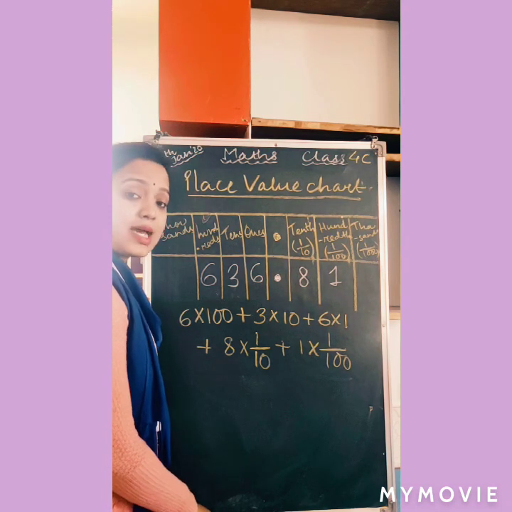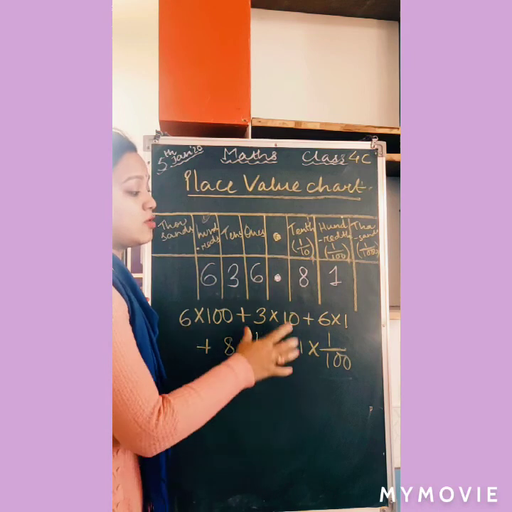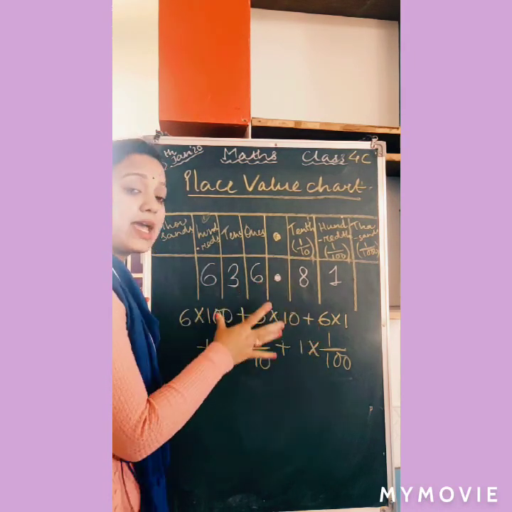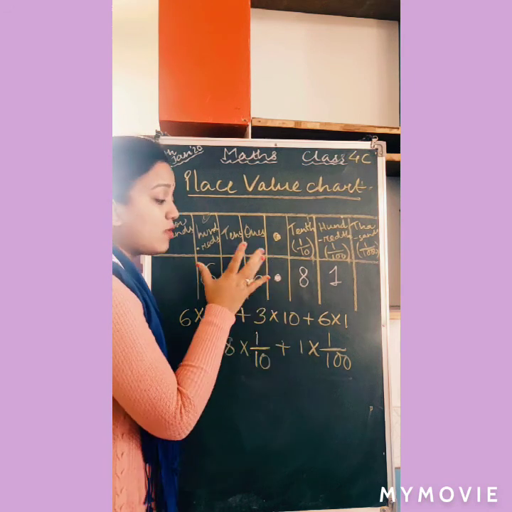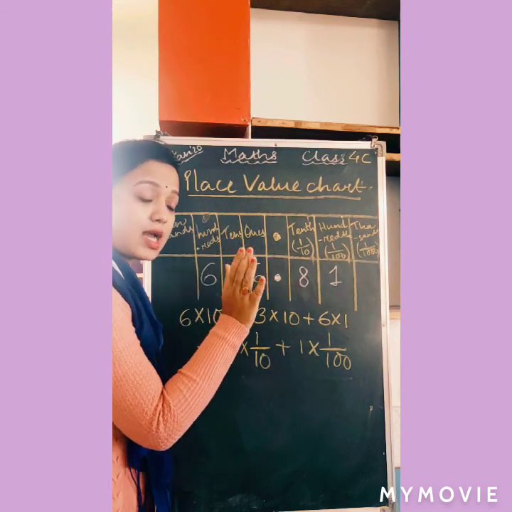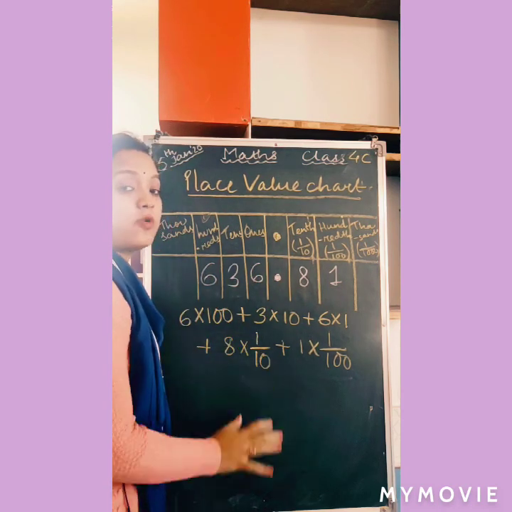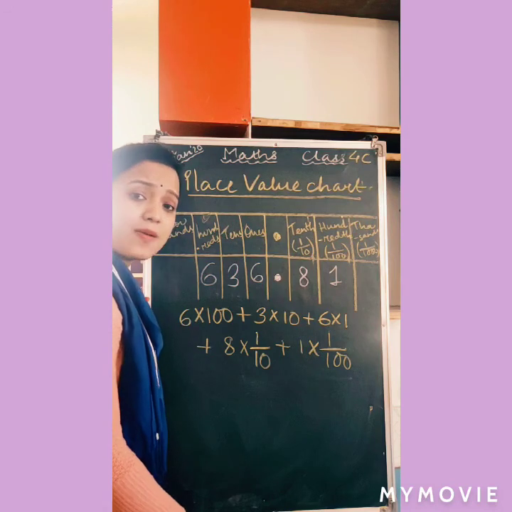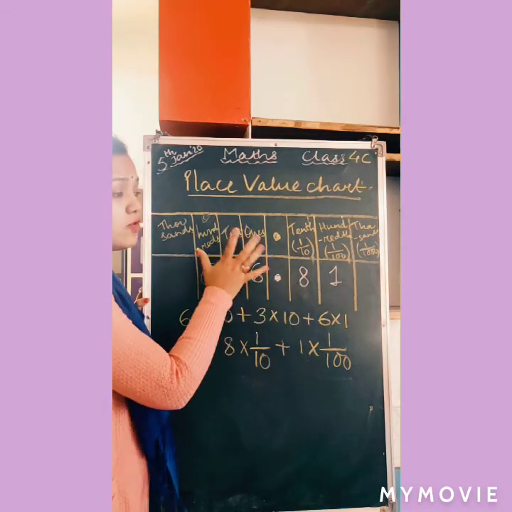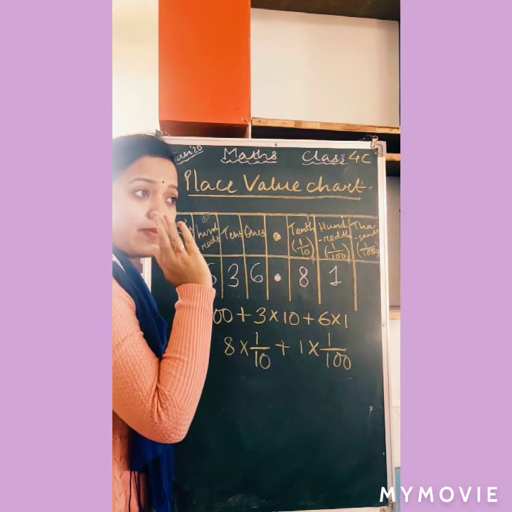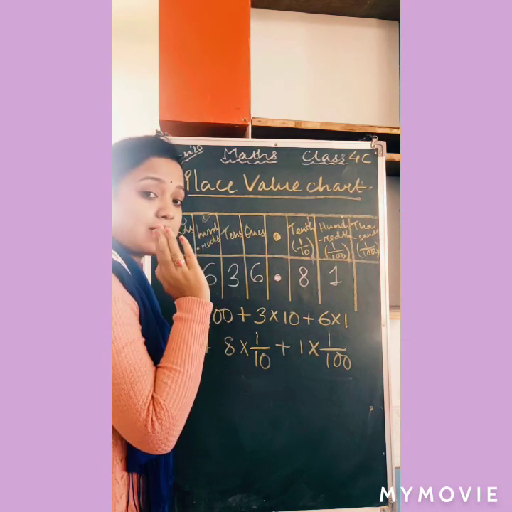Okay. Every time it is not possible to draw the place value chart and then plot the number and then write the expanded form. You have to know it on your own. You have to imagine the place value chart and then plot it, because every time plotting in the place value chart and doing it is time consuming, right? So you have to know this place value chart properly, you should be able to imagine the place value chart properly.